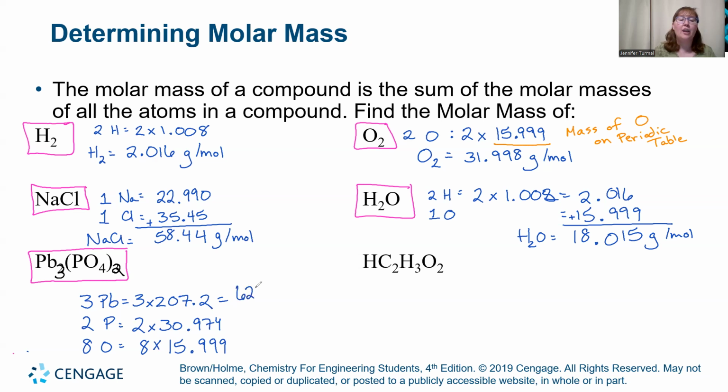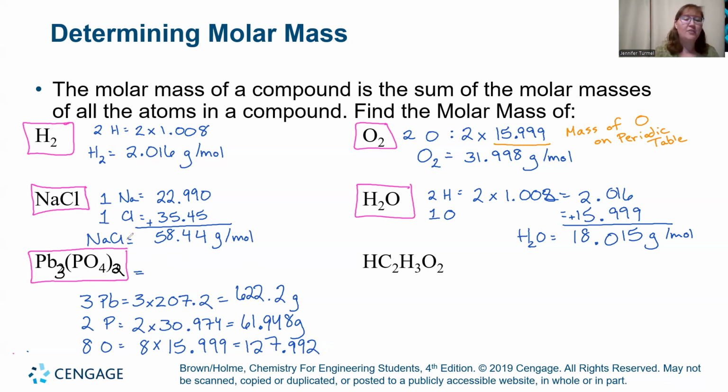So you should be doing, and again, this is a great time to be pausing the video and doing this work yourself. 2 grams. And then we have 30.974 times 2, okay, which gives us 61.948 grams, and 15.999 times 8, which gives us a 127.992. And when we add all of those up, I'll put it up here, that means that the molar mass